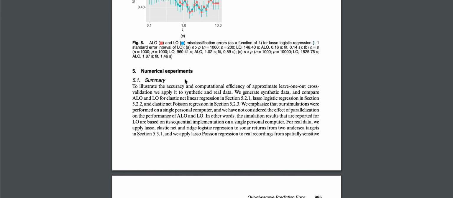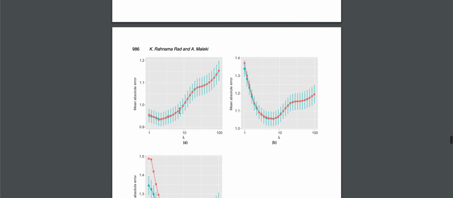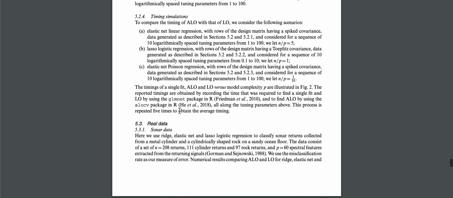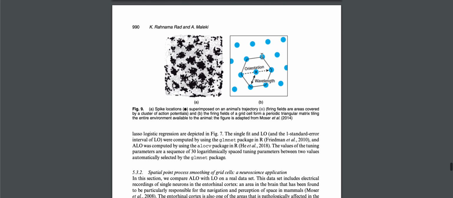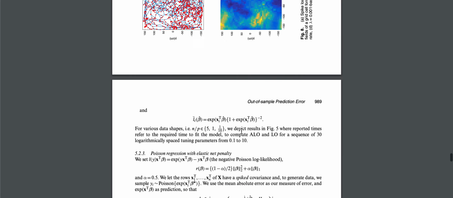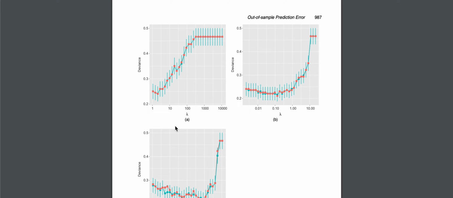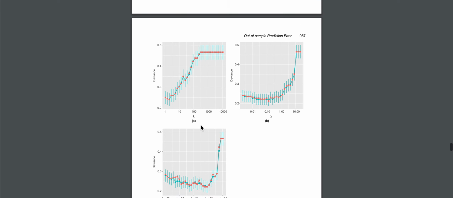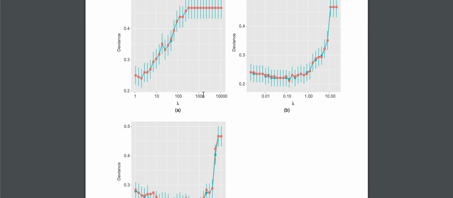In the numerical experiments section, I give a summary, but you pass the simulation section and you get to the real data, the sonar data, and you look at page 7, figure 7, which is this figure, and I compare the performance of. So here you see lambda,